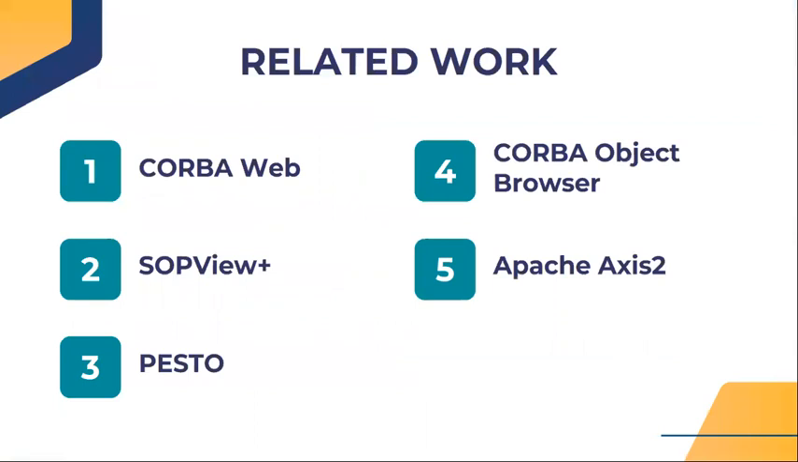There are some systems that are similar to the web system that we are presenting. Corba Web, SubView Plus, Pesto, Corba Object Browser, and Apache Axis 2. Corba Web is a system that acts as a gateway between the web and the Common Object Request Broker architecture. This system is known as a generic object browser. Its idea is to allow clients to view and invoke methods on any local or remote Corba object through a